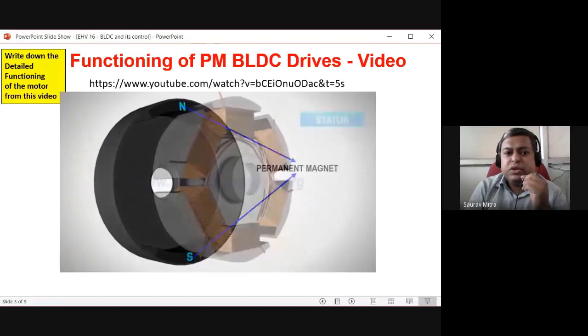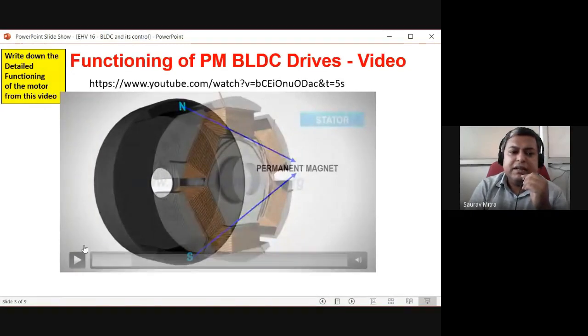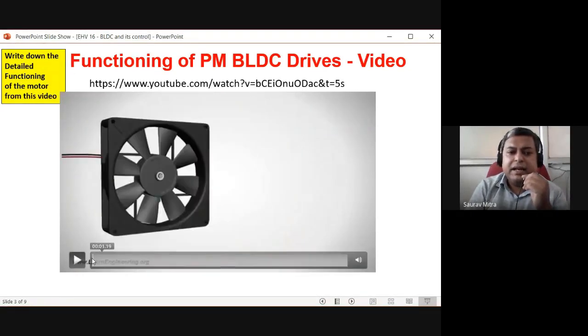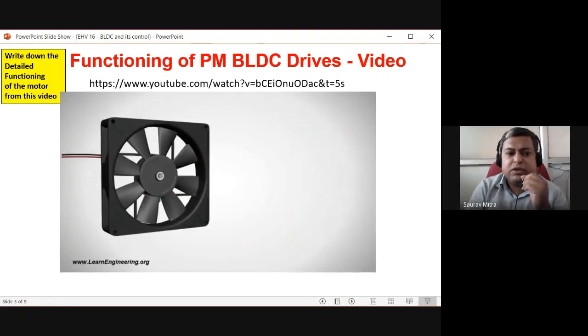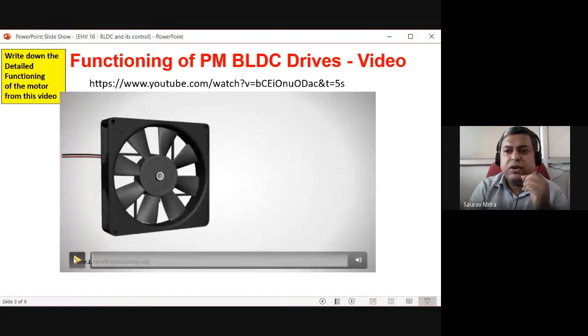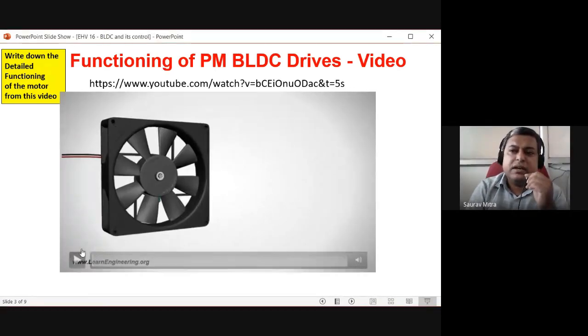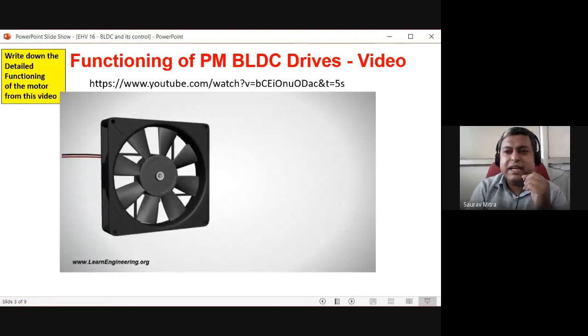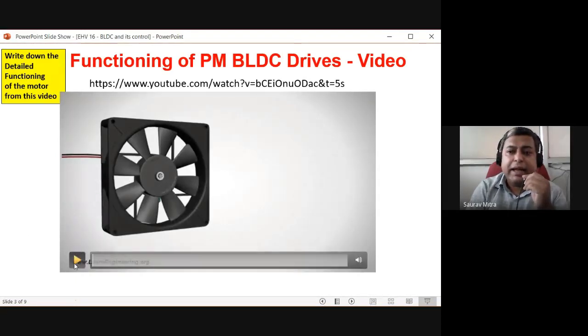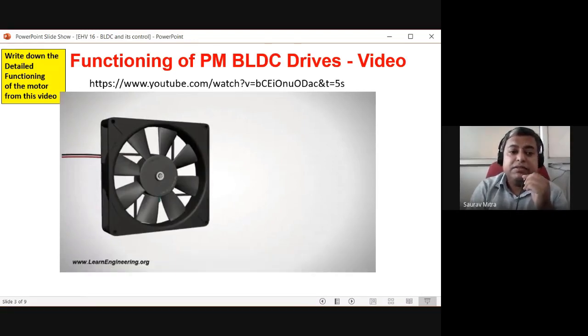Please go through it. This video I will restart from the beginning, and I will finish this video once and for all. So please check. Here the field is rotating and the armature coil, or current carrying coil, is static, because we are not using any kind of brush or commutator arrangement. So static current is given to the armature conductor, and the magnetic field with the rotor is rotating. It is a very unique kind of design.